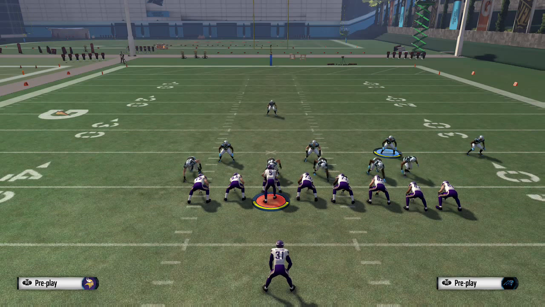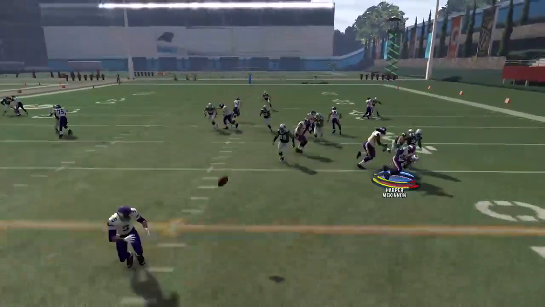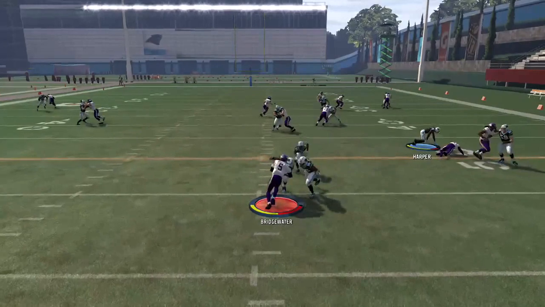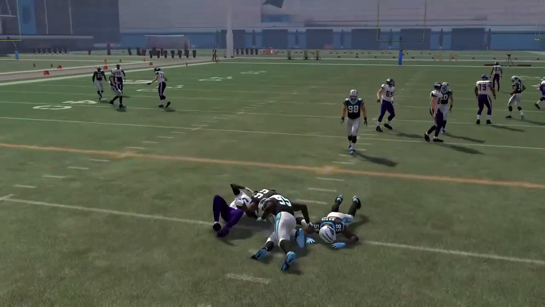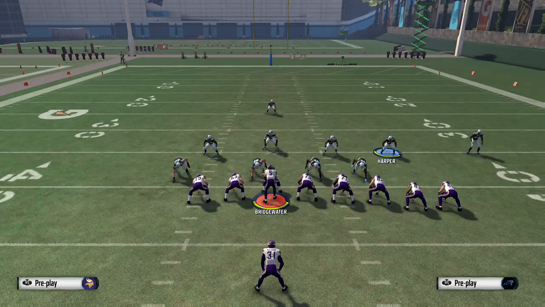Let's see what happens if you do shift those personnel over there and someone still decides to run it. It gets stuffed. Oh, well, I didn't mean to toss it, but essentially it gets stuffed. Sorry about that, guys. But you see the outcome, right? If someone's adamant about running it and you shift, they're probably going to auto-bob and try to bring the play back the opposite side. So the good thing to do is